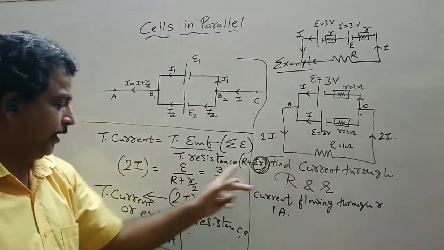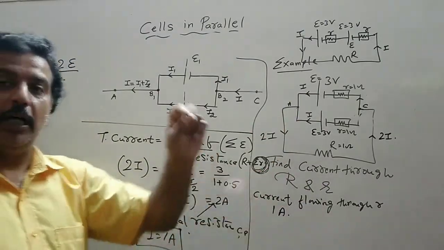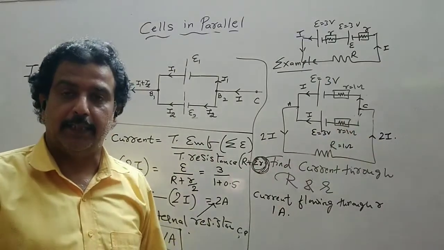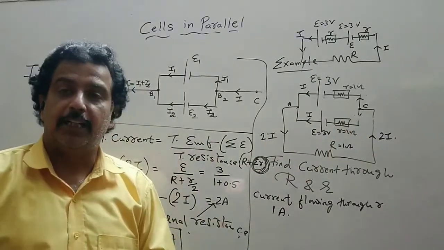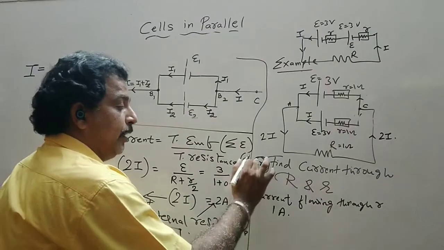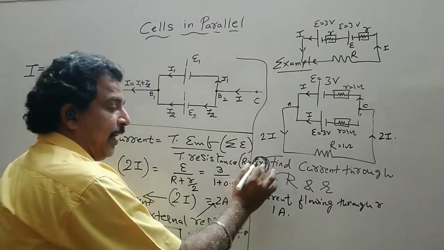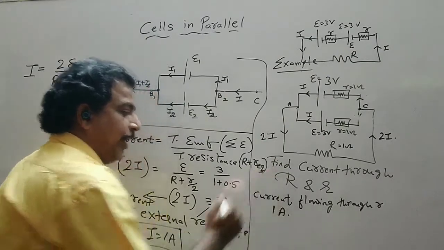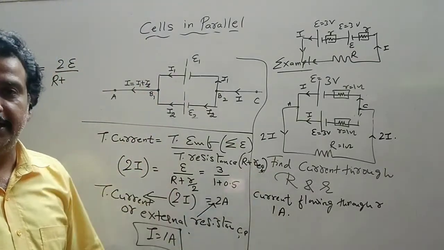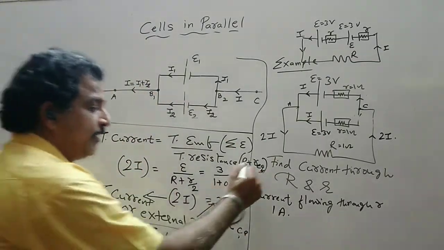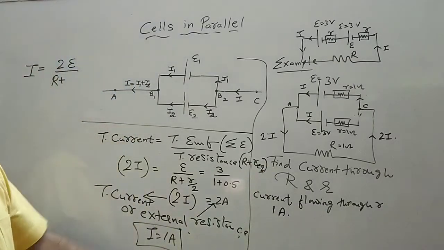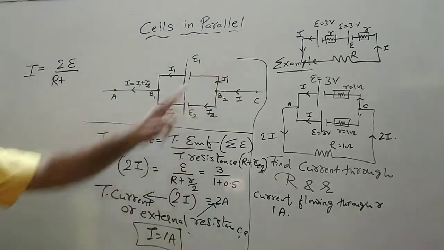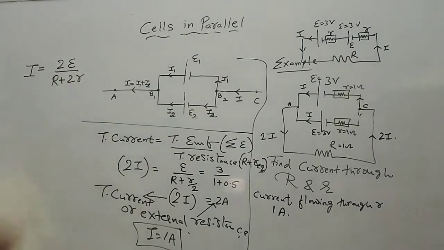Otherwise, if it is parallel, summation r does not always mean r1 plus r2 plus r3. It means total internal resistance. So here, instead, let us write r equivalent. So small r equivalent is the proper term and its summation should be there. Here it was parallel, here it is in series. So I will write R plus 2r.